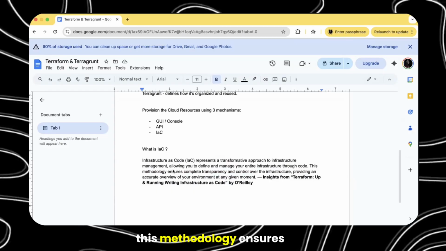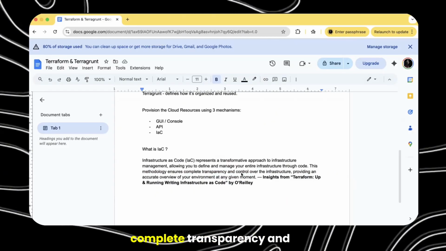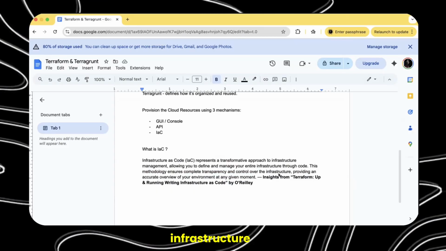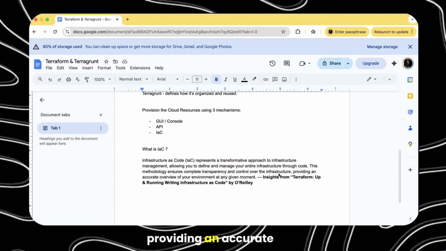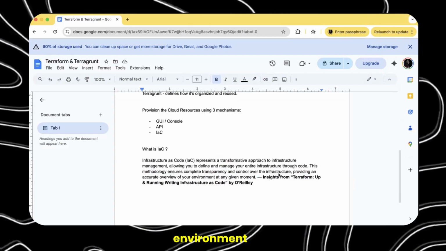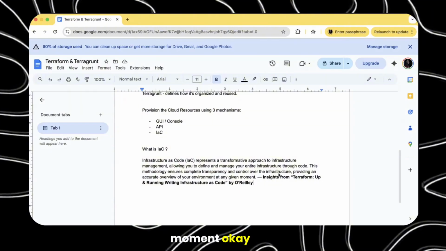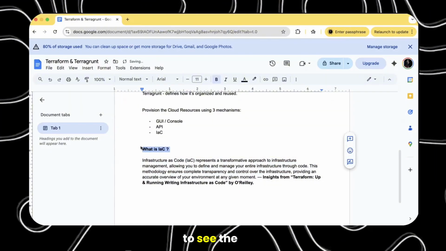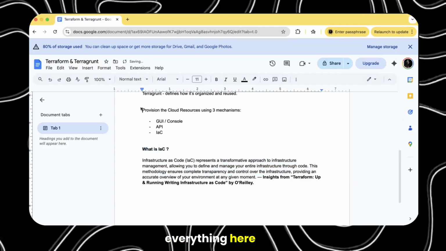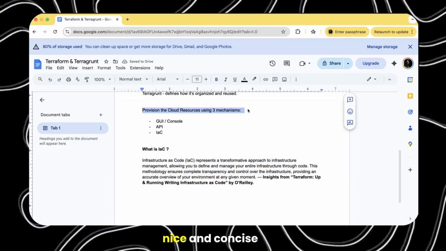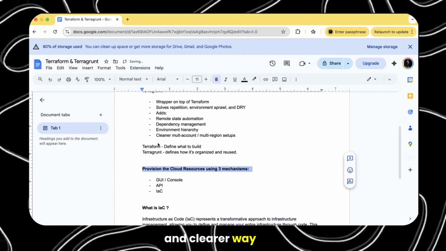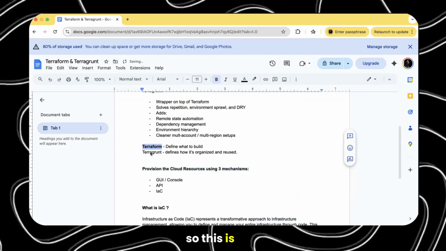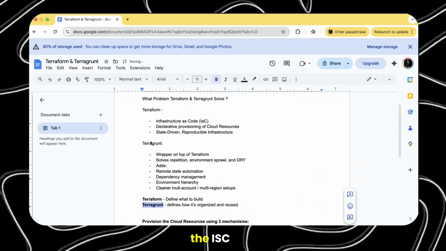This methodology ensures complete transparency and control over the infrastructure, providing an accurate overview of your environment at any given moment. It means you will be able to see everything in a nice, concise, and clear way. So this is known as IaC.